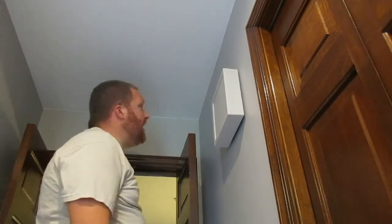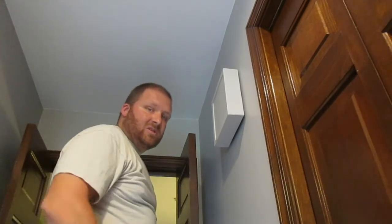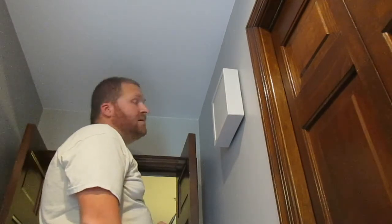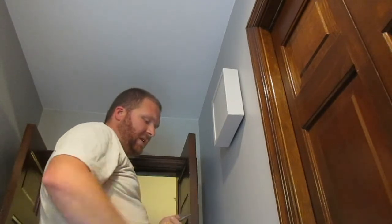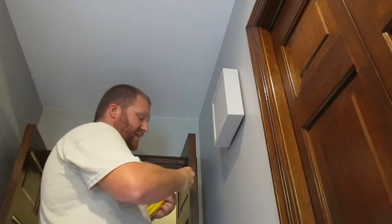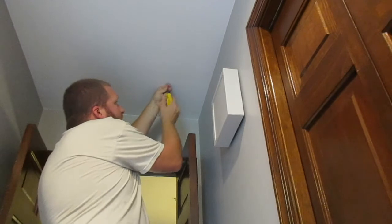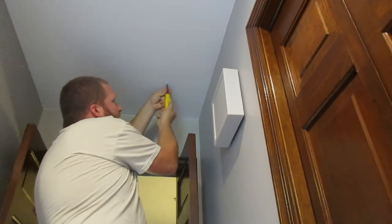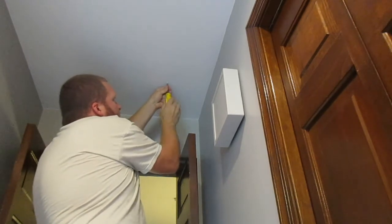Now, depending on your ceiling material, plaster, drywall, you may have to use mollies. You may be able to just use the screws that were shipped with it. If you have to use the mollies, you just have to pre-drill a hole. A lot of times, depending on what type of ceiling it is, you can even just use a small screwdriver bit to pre-drill a hole. These are lightweight, but you don't want them falling because if they fall, they break. If you get your screws started,